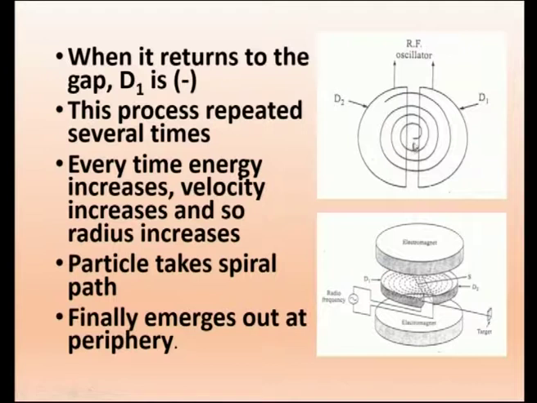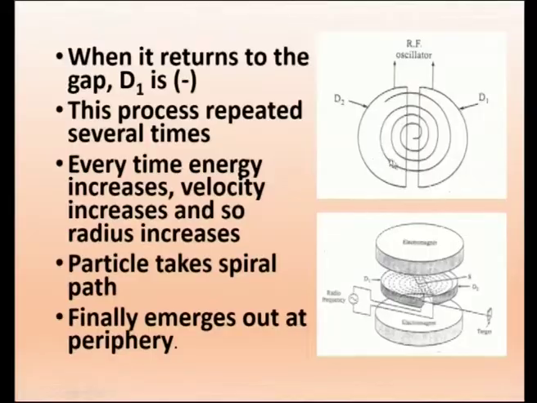Every time the velocity goes on increasing, therefore what will happen? It will not be in a stable orbit, it will go on increasing. Suppose I take a rubber band and put a stone. Just imagine a rubber band connected to a stone, and like a small boy you just go on rotating. As you make it faster and faster, the stone will go away due to the centrifugal force. So it will take a larger spiral. So you go on increasing, it will make a bigger and bigger circle.